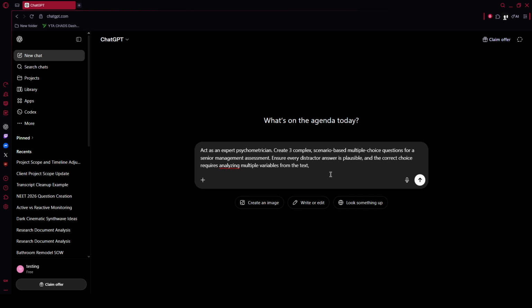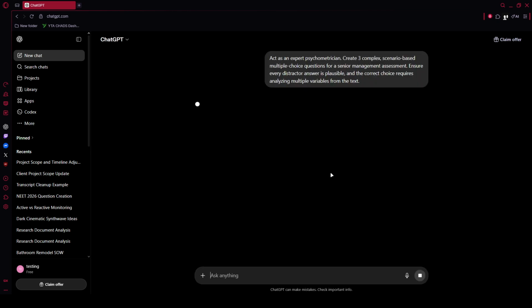analysis. A prompt like: act as an expert psychometrician. Create 3 complex scenario-based multiple choice questions for a senior management assessment. Ensure every distractor answer is plausible, and the correct choice requires analyzing multiple variables from the text. Works well. Paste in your case study. Ask for rationales in a separate section for instructors only, and request coverage of specific competencies so your test maps